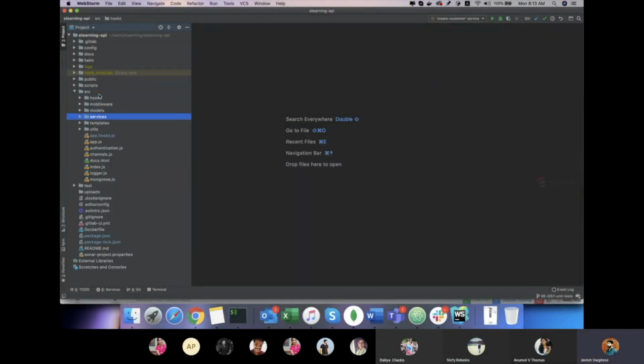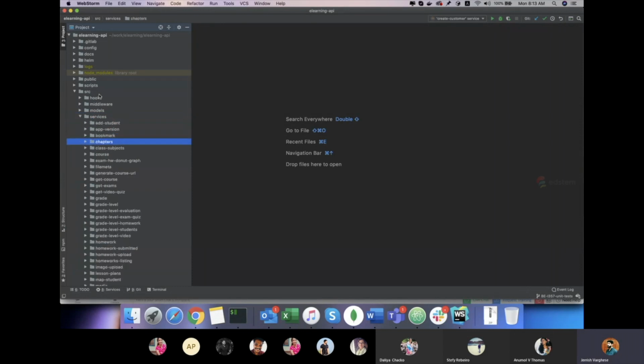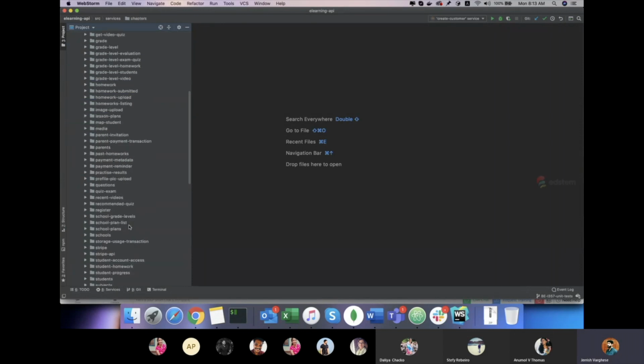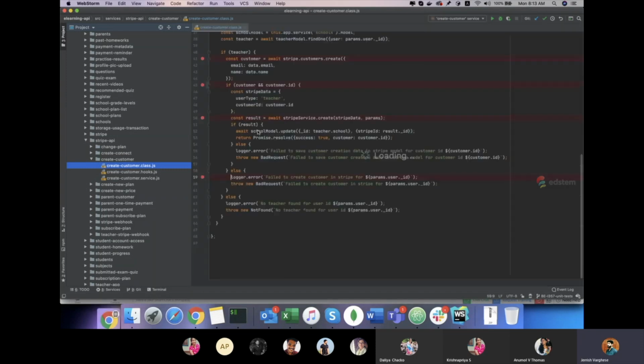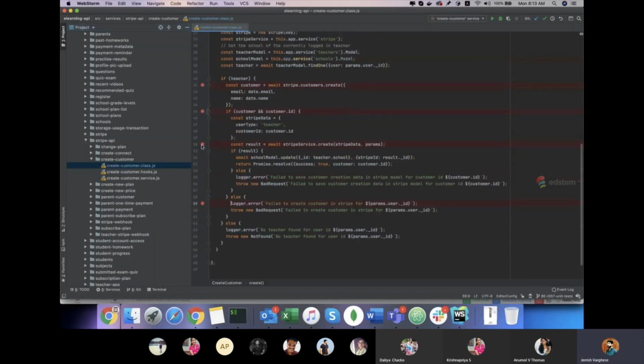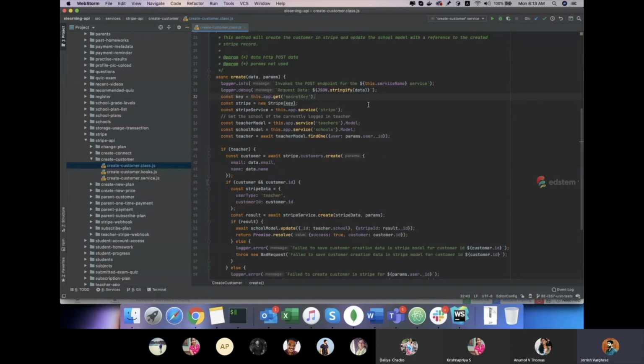All right. So last day, we were checking the API done on create customer in Stripe. So this is a custom service, actually, with multiple business logic associated, and as a developer, you should have the